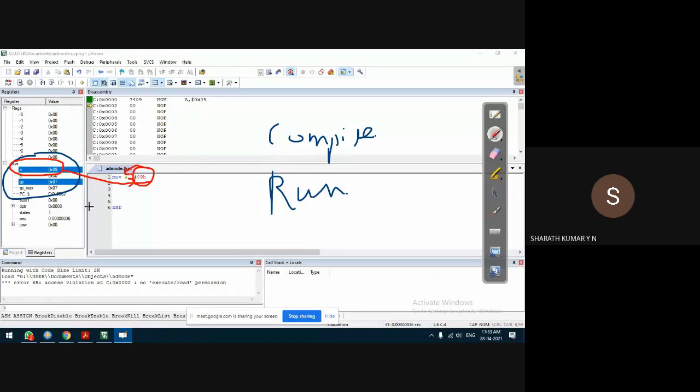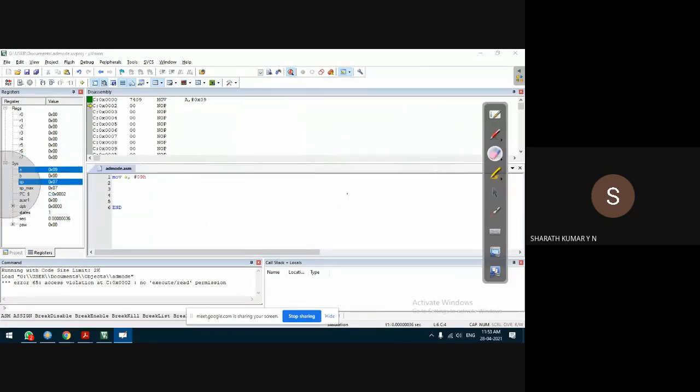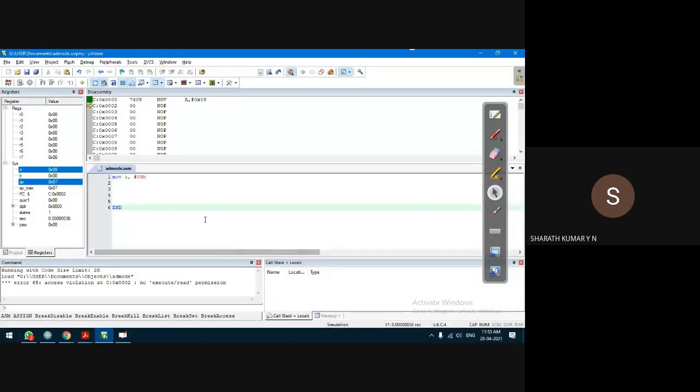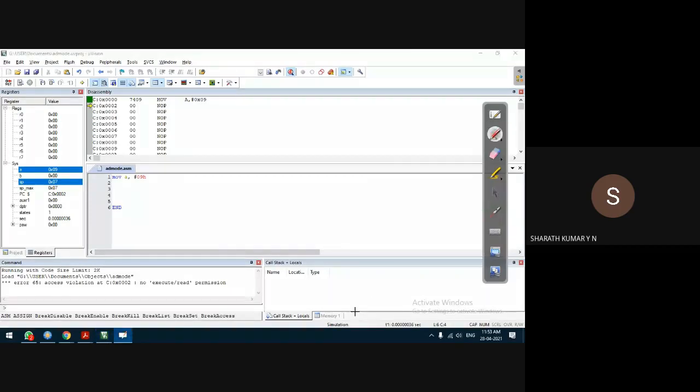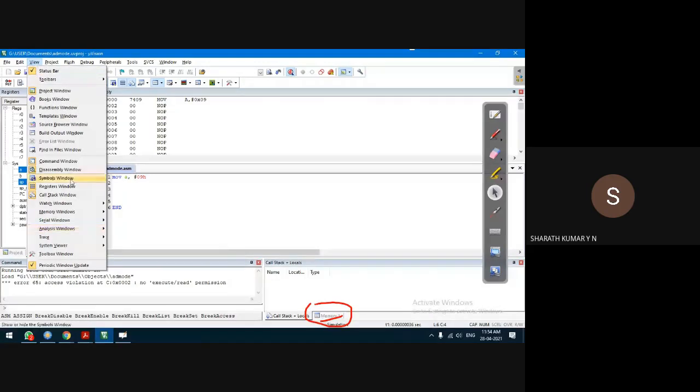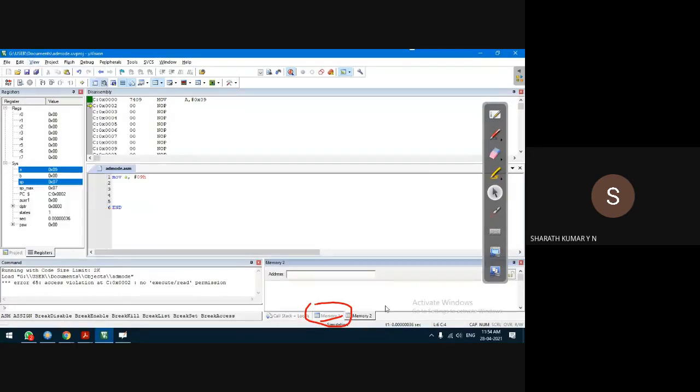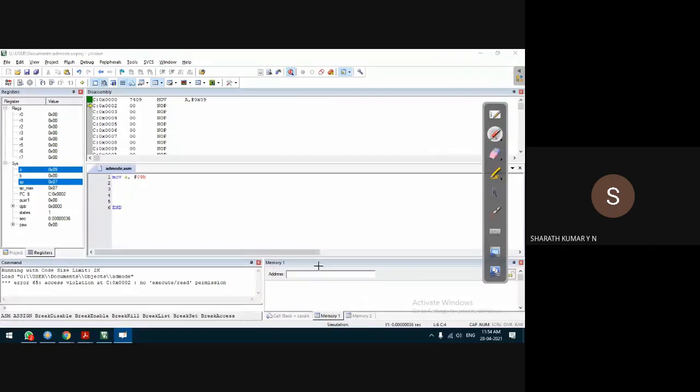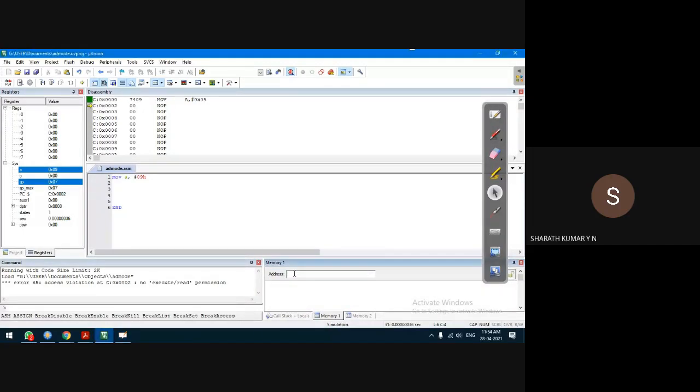Okay. Fine. This we can see in another way also that I'll show you now. That is using what is known as memory window. At the bottom of this tool, that is my compiler tool, you can see what is known as a memory window. Can you see this tab? Memory. If this is not visible in your compiler, then you can go to view, click on memory window. You can open any number of memory windows and you can observe the content. How to observe the content now? That I'll explain now.